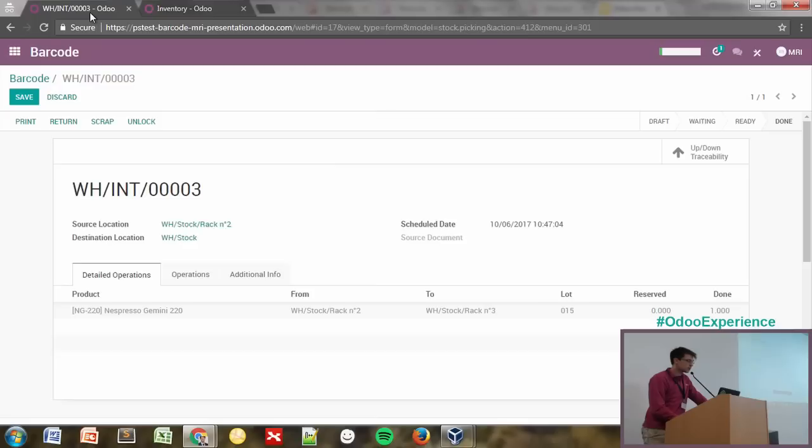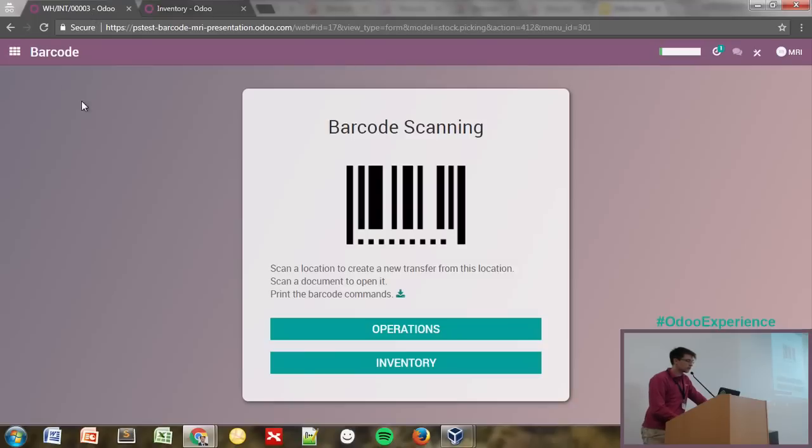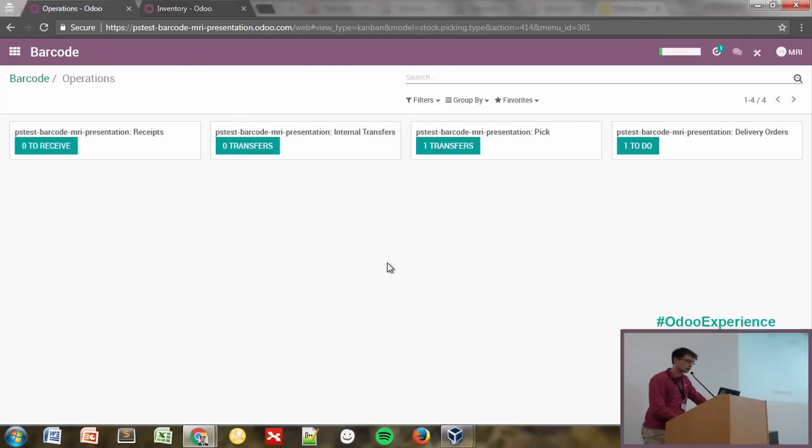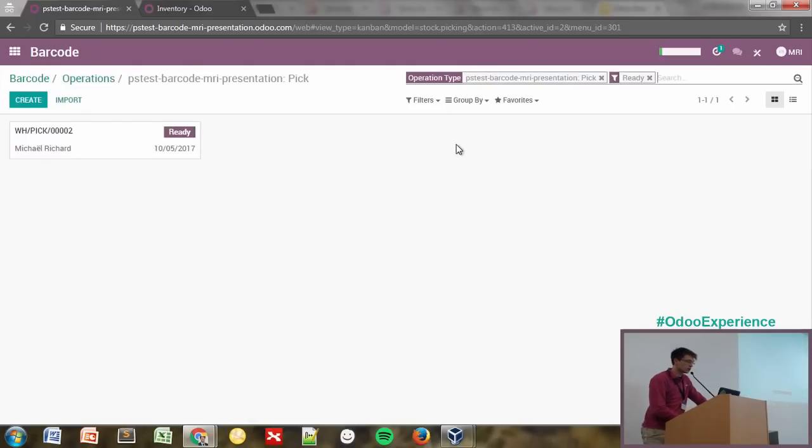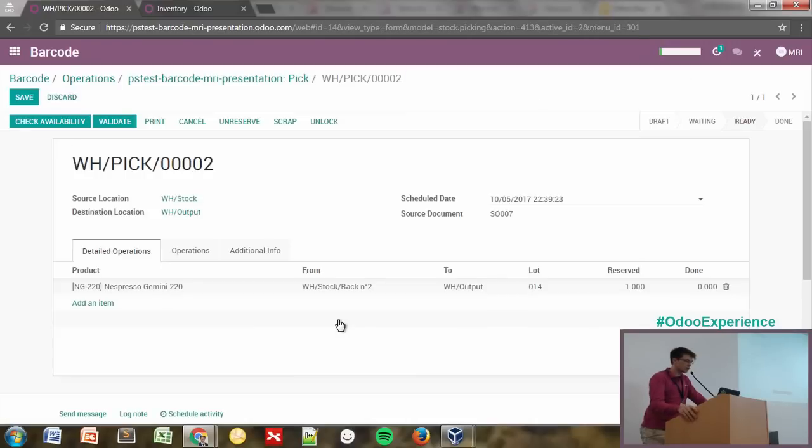So now let's finalize this example by now picking the products first through the pick operation. So here, if I open the pick operation, it tells me that I have one product reserved to be sent to the customer. So what I'm going to do again is I'm going to first